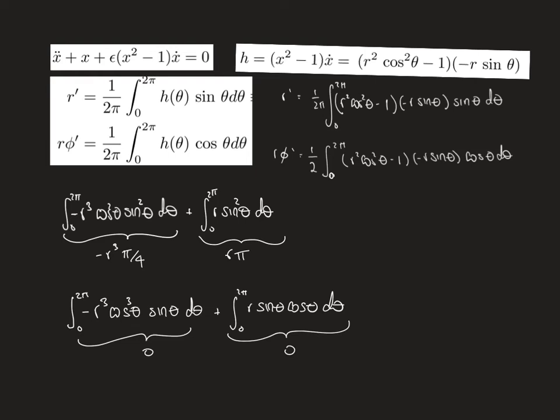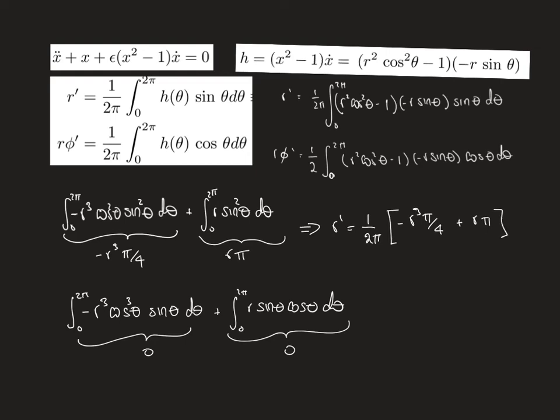So from this we have that r prime is equal to 1 over 2 pi of minus r cubed pi over 4 plus r pi,